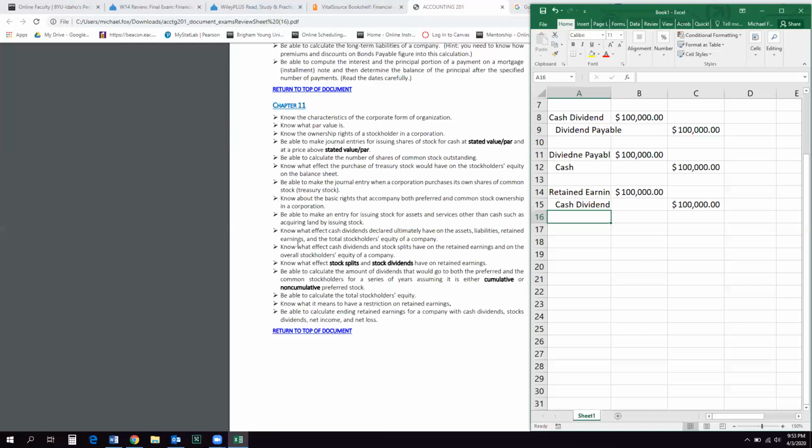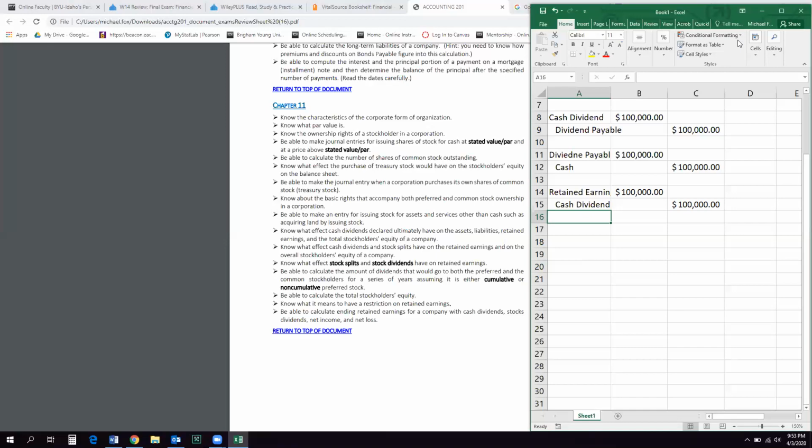Know what effect cash dividends and stock splits have on the retained earnings and on the overall stockholders' equity of the company. I'm trying to remember, there's a really great little comparison that shows that in a way that is probably easier than me trying to explain it. So give me a second. I'm pausing this, but it'll just seem like a brief moment, and I'll come back on with a